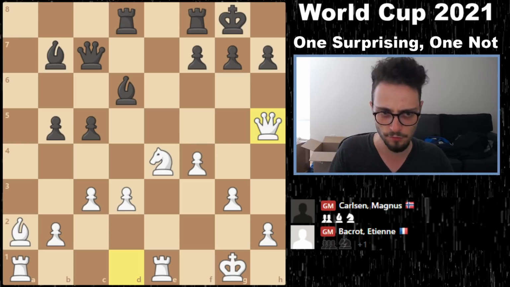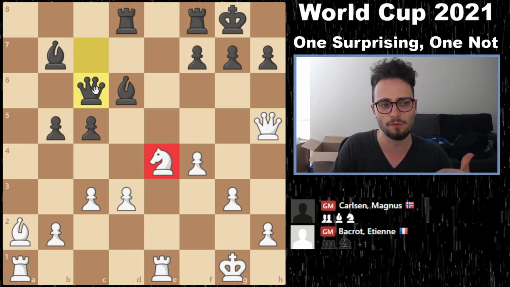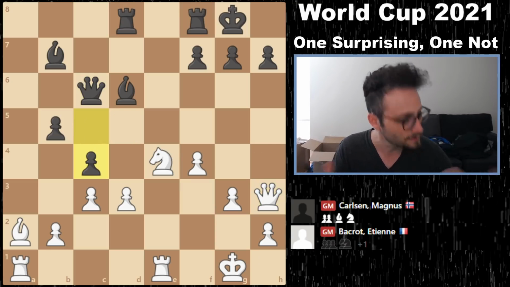I gotta prove my superiority. And Magnus just slow plays this. He plays queen c6. Now, anywhere you move this knight, it's mate in 1. Okay? So queen comes back to h3, and now Magnus does, in fact, play the move that GothamChess suggested, because